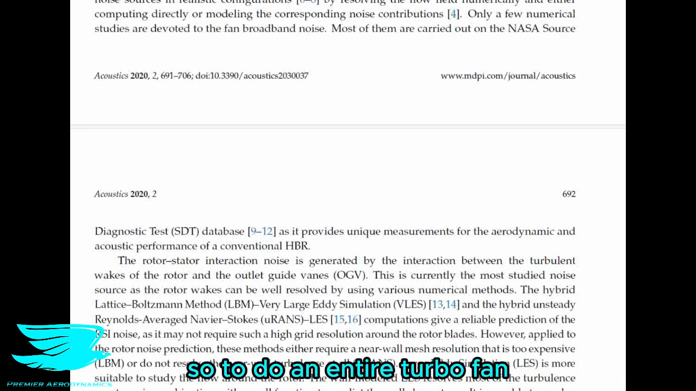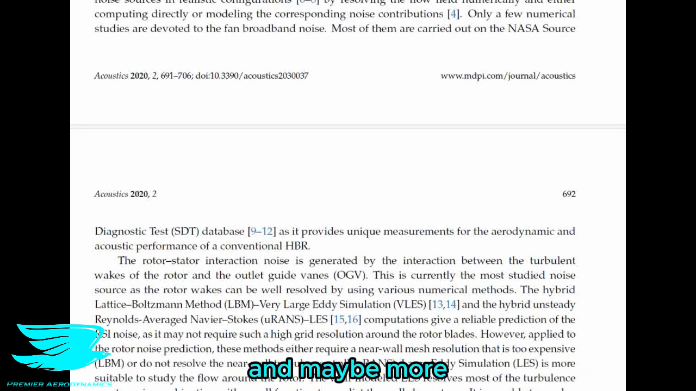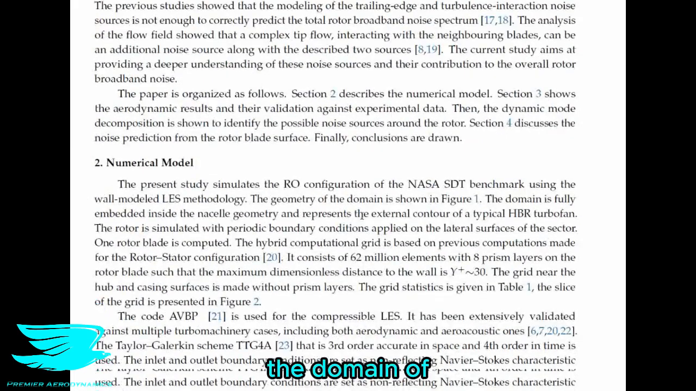So to do an entire turbofan, this would require tens of millions of cells and maybe more, and that is just for LES, not DNS, just LES. And that gives you an idea of just how difficult it is to simulate noise for a turbofan, and really any object. Now, they're simulating this turbine rotor by applying periodic boundary conditions to the sides of the domain of